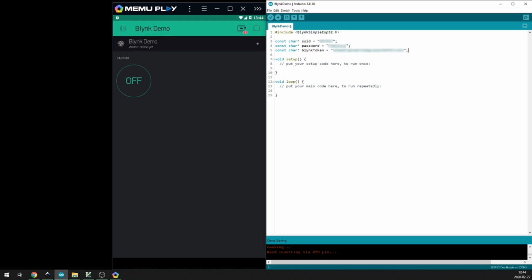Now for our setup method, we're going to first configure the Blynk app to use the credentials that we just put in up above. Then we're also going to configure pin 2, which is what we connected our LED to, to be an output rather than the default, which is an input. Down in our loop method, the only thing we need to put is